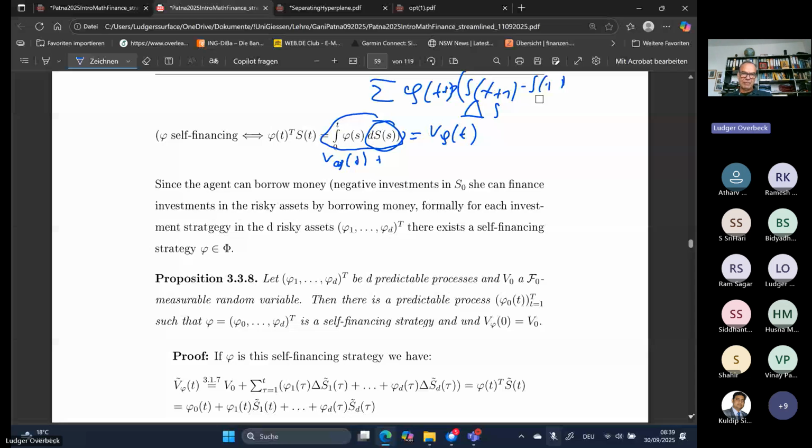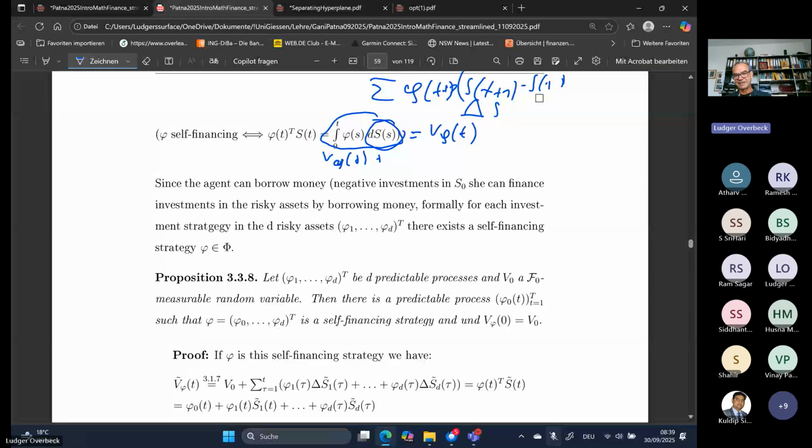So, let's say from a mathematical point of view, this self-financing, if you like, is only to convince the people applying this that this is a reasonable way to use stochastic integrals. Because if we don't consider the investment in the riskless asset 0, and as I said, that's like money. So investing in money is like lending and saving on a savings account. But you have to put it back and forth. If you just invest in risky assets,